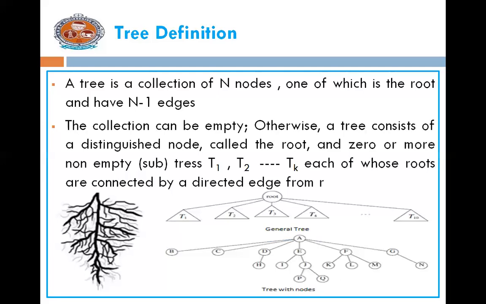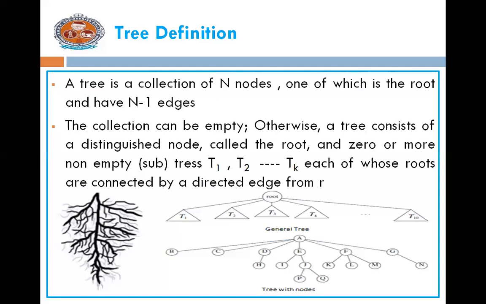So if you see in this example, the general tree, first of all, you will have in the circle what we have represented as root. That is called the root of the tree, the main root. The subtrees are represented as triangles, that is T1, T2, T3, T4 and so on. Each is again one tree. Because it is a tree under this root, it is called a subtree. All these trees are interconnected with the root by a directed edge. That is one direct edge is represented there. So this is how we can represent a general tree.